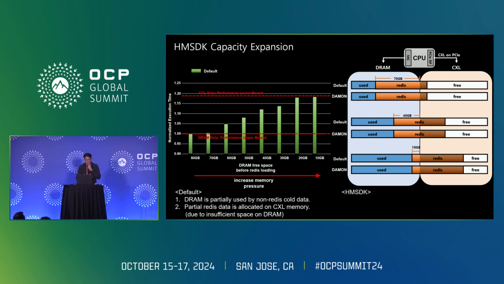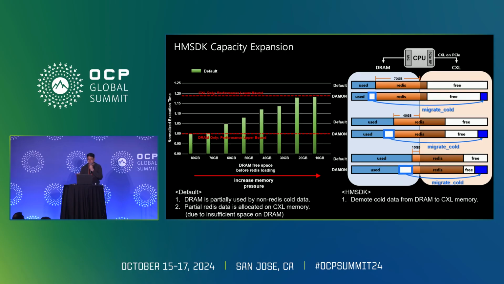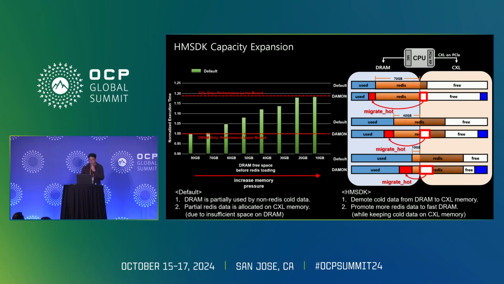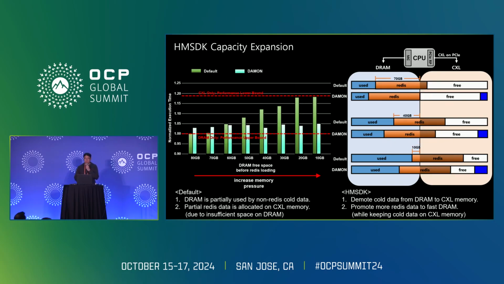So let's compare the result with the DAMON-enabled system. The initial status is the same, but in this case we can detect some of the cold areas and demote them to the CXL. We can also detect the hot pages and promote them. As a result, more Redis data is allocated inside the DRAM, so there is less memory access to the CXL. The performance result shows that the performance overhead is minimized even if the memory pressure is severe